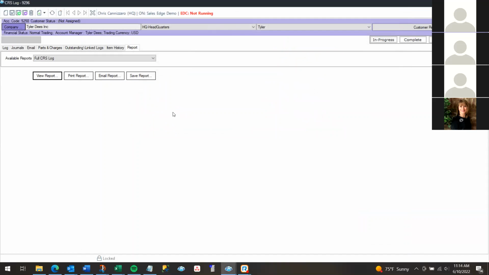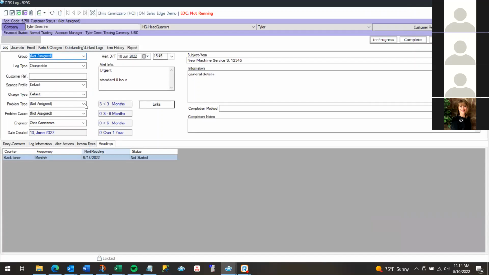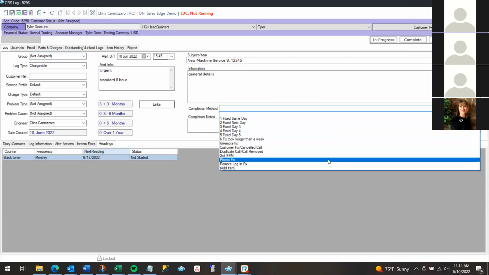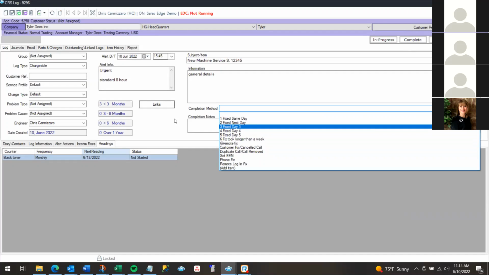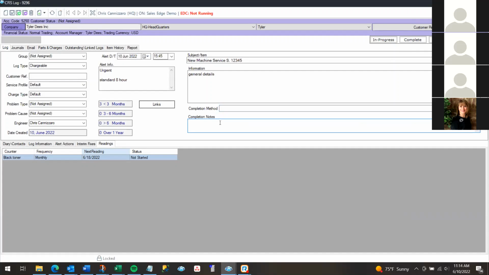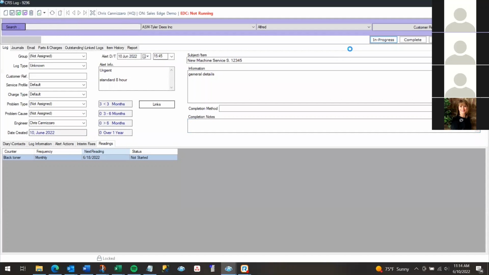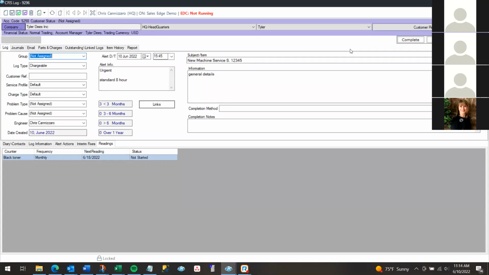So once everything's been done, once you've logged any parts and charges you need, once you have organized and set all the filters over here, what needs to be done is hit the completion method down here. So again, this is another filter to keep you organized, how the service contract was completed here, as well as the completion notes if there were any notes needed. And at the top, you have the option of in progress and complete. In progress is just going to be your intermediary status, so you can keep track of what's been handled so far and what's still in progress. Otherwise, when everything is complete, I'll just